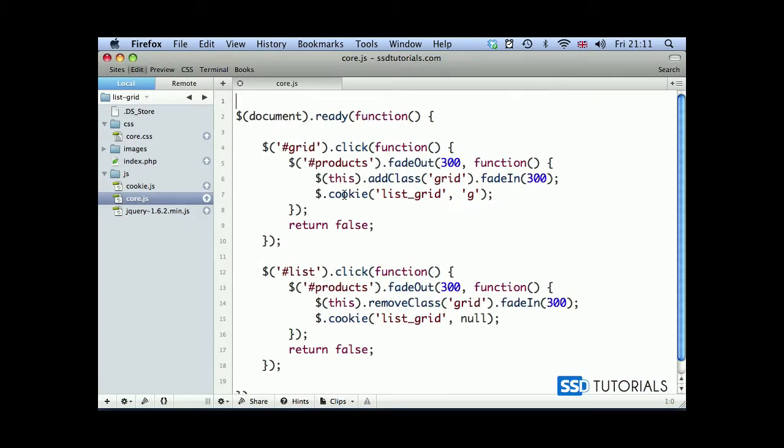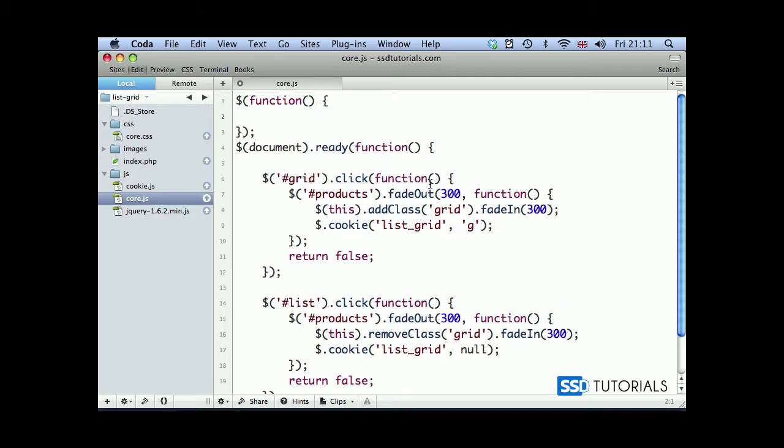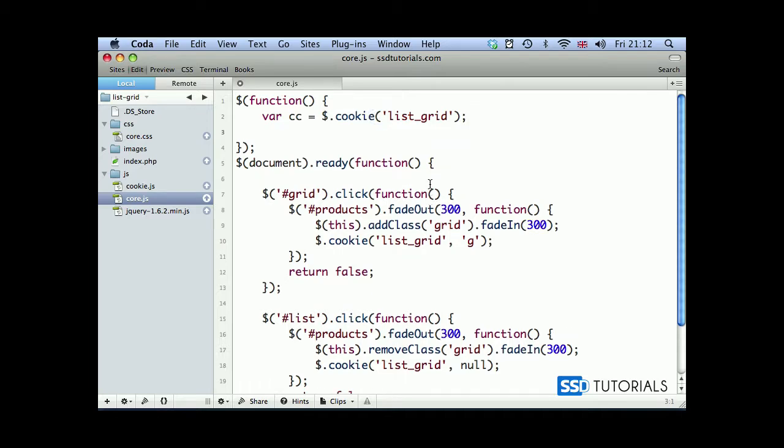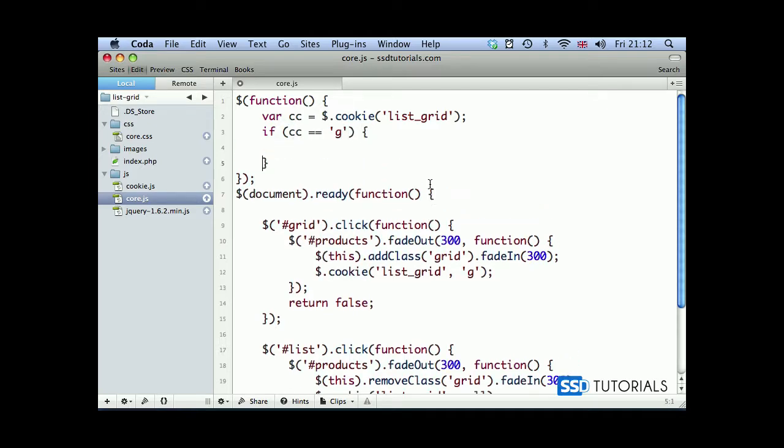So if we go back to our editor, before our document ready, we're going to create the self-executed function. So function, and inside of this, we're going to first create a variable called cc for cookie, and we use our cookie function again to get the list grid cookie and assign its value to our new variable. Now we check if cc equals G, which would mean that the grid view is currently active. Then